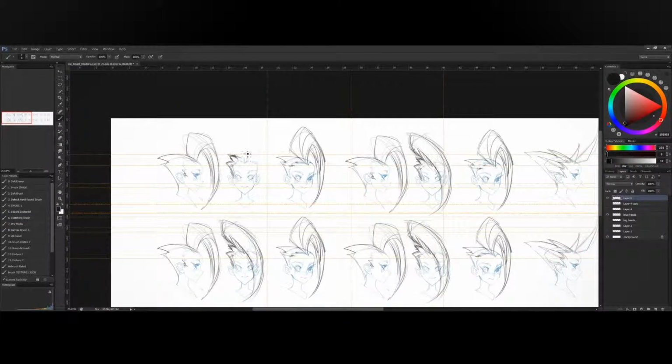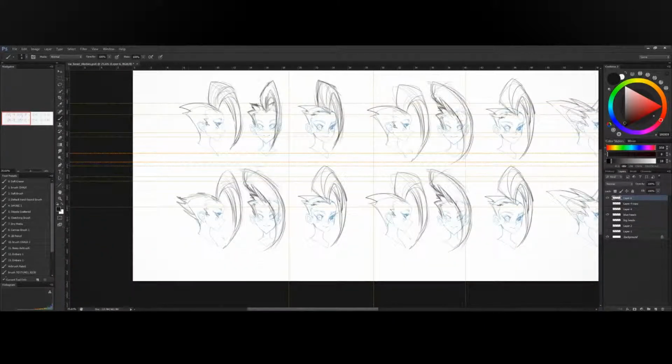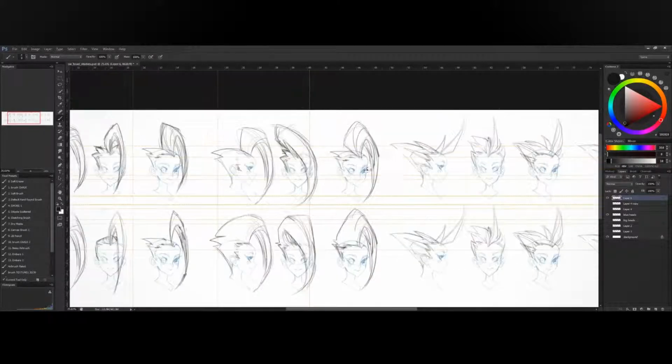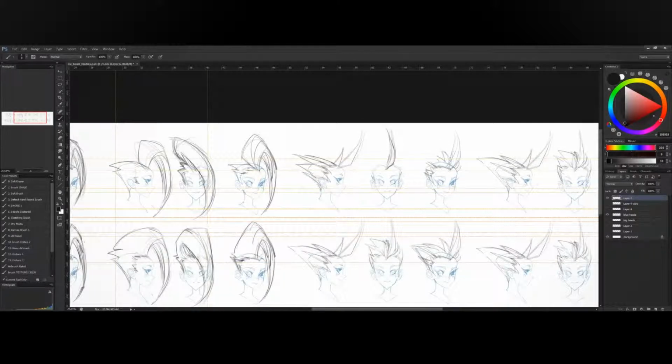And so each time, like each iteration, I take some, and see here, I just copied and pasted a bunch of the same ones because I want to try variety. I want to try fixing them ever so slightly and see what is working, what's not working, trying a bunch of different things. Keeping this super long bang, some people may hate it. I guess that's a problem of designing for yourself and your own taste, is that some people may think your tastes suck. And I'm sorry if you do, but hopefully you can still get something out of the process of it,